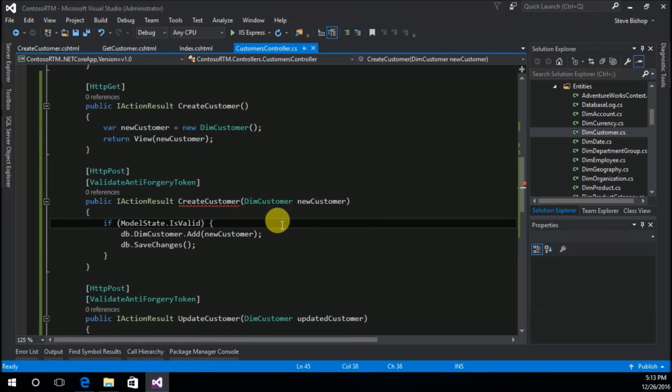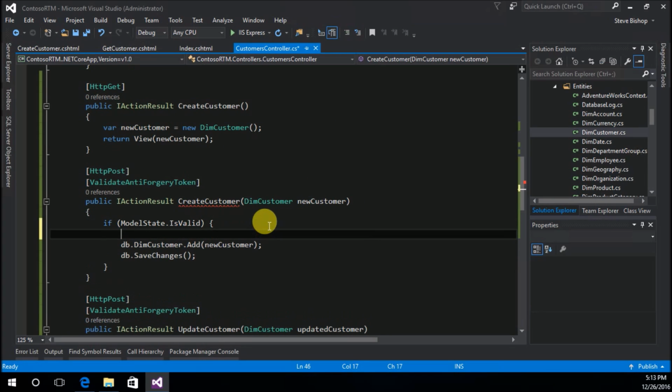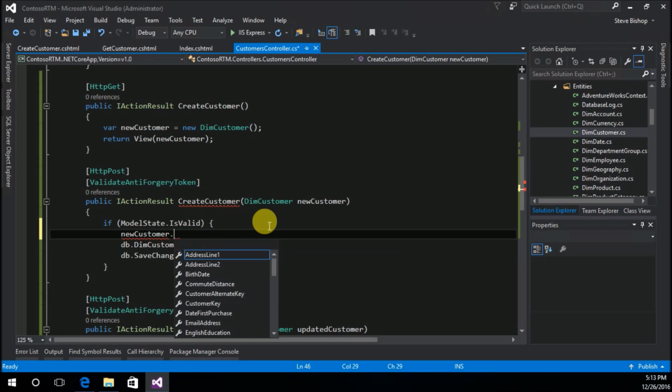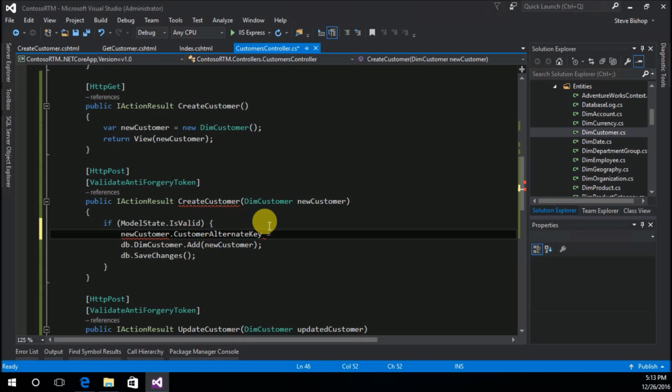But for right now, just to get around this little particular problem, I'm going to create a randomized customer key here. So I'm going to do new customer, and I'm going to say the customer alternate key is equal to, and just to make this different, I'm going to add an AW, which, if you looked at the dim customer table, you'll find that all of them start with AW for that customer alternate key. So I'm going to do plus, and now I'm going to do a new random